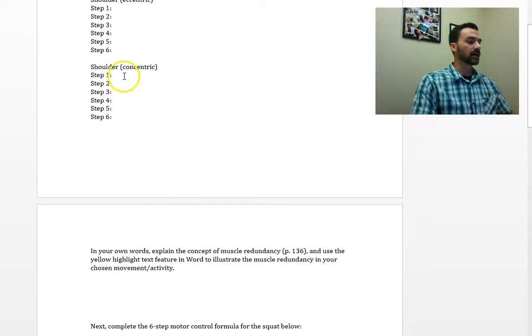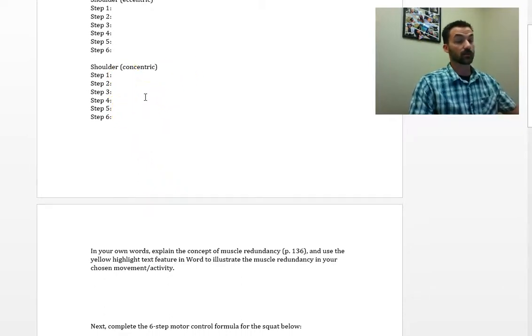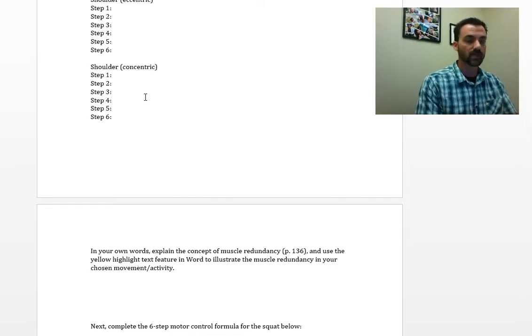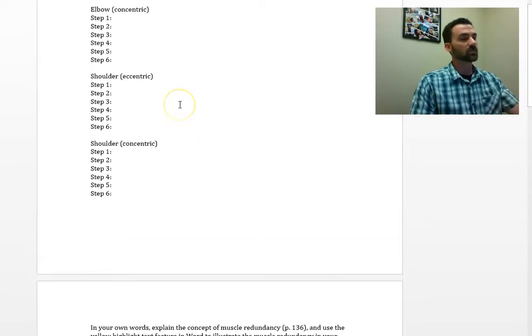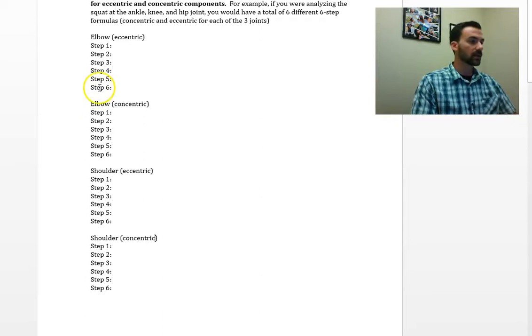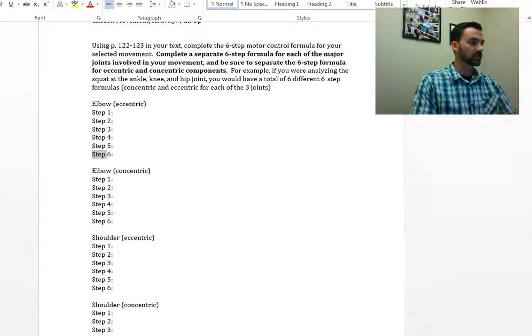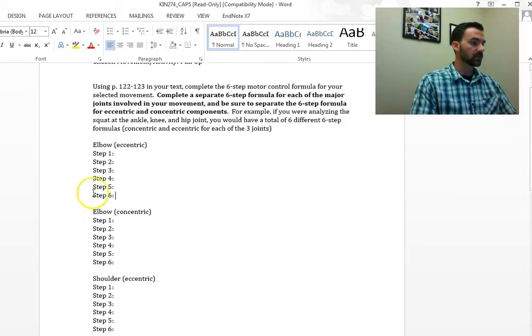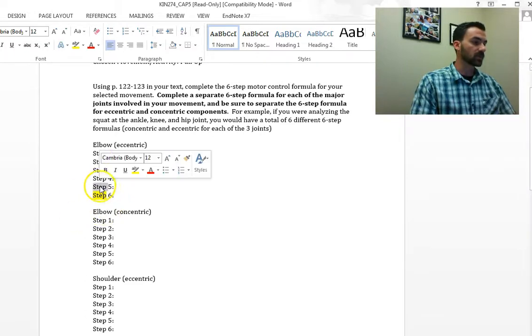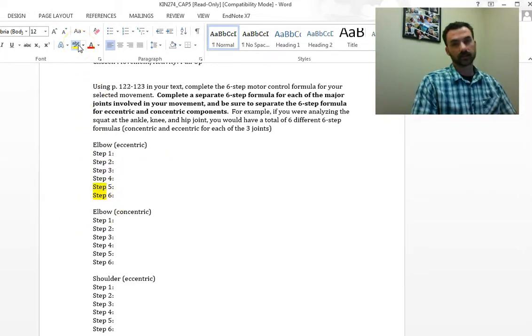So when you see components that are redundant, which you will read about, I don't want to go too far into that because I want you to explore that yourselves. But when you've identified muscle redundancy within your 6-step motor control formula, go ahead and highlight those areas. You'll simply double click, and I know that this is kind of out of screen, so I'll pull it in. So you're going to double click, say this is an indicator of muscle redundancy, double click it, and then click the highlight feature. You can also double click and then go to here and highlight there. Okay, so I'm going to need to see some highlighting on your pages